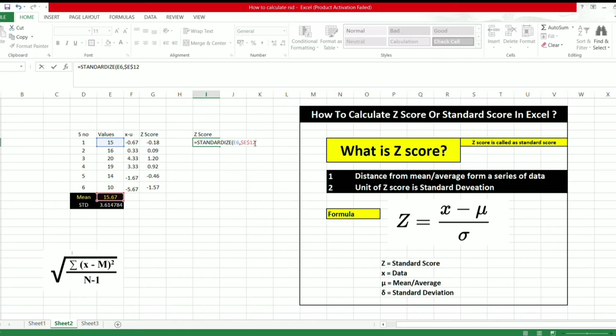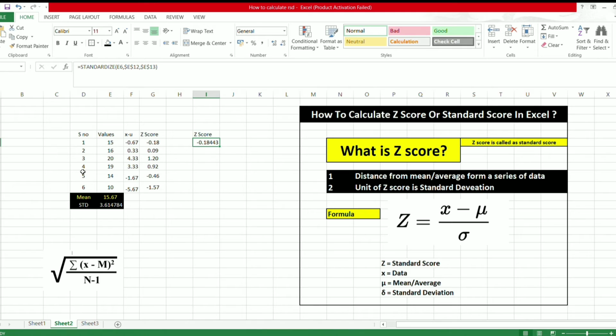Then give a comma. Next it is asking for the standard deviation. We have to select the standard deviation cell and freeze the value with the dollar symbol. Exactly, we have to follow the same, then only this value will be calculated. We can close the bracket and press enter. See, we got the same result.